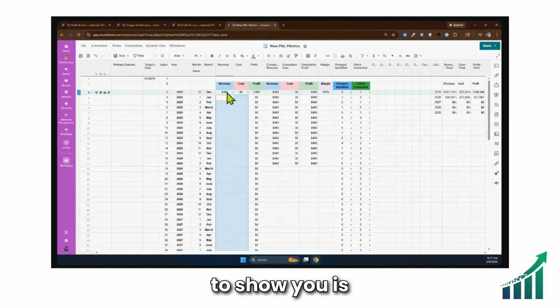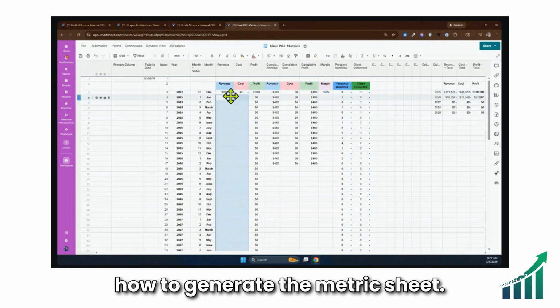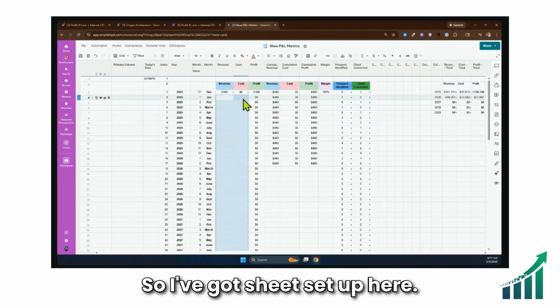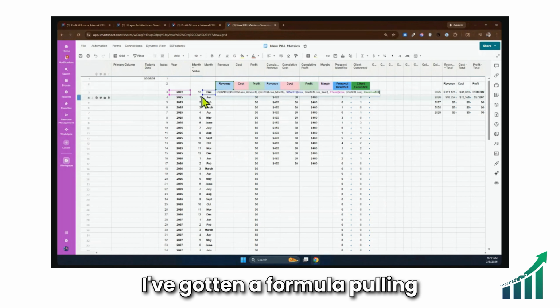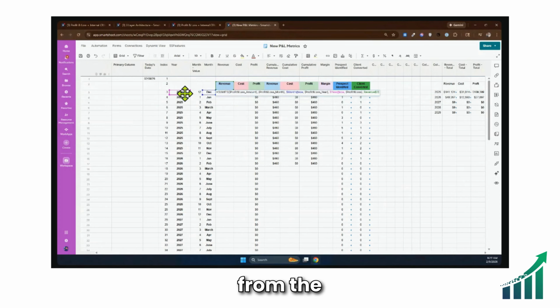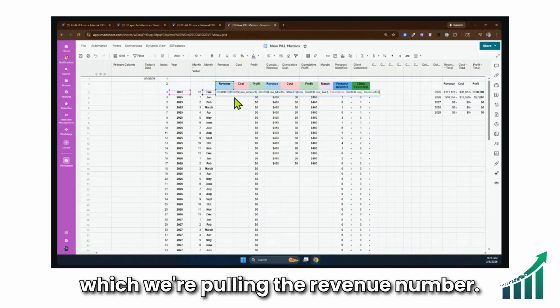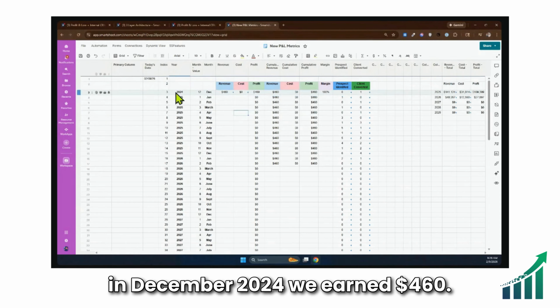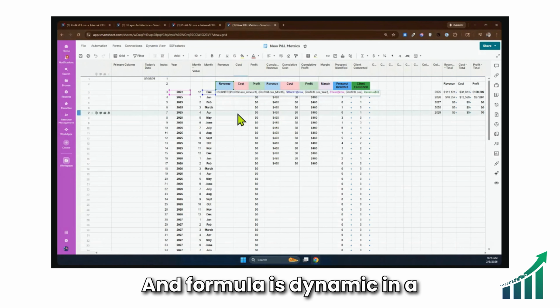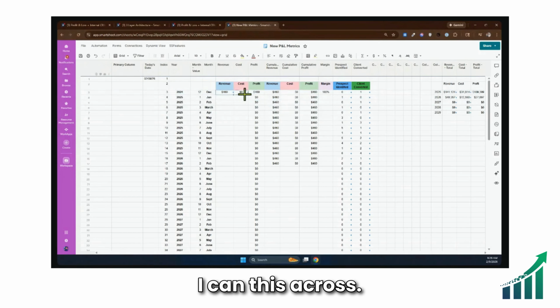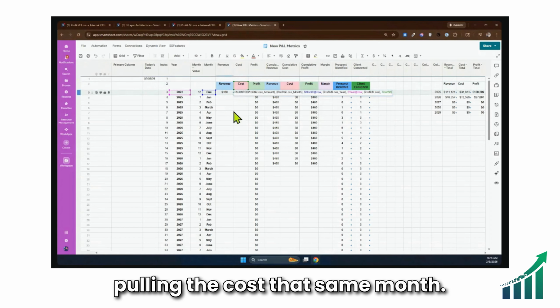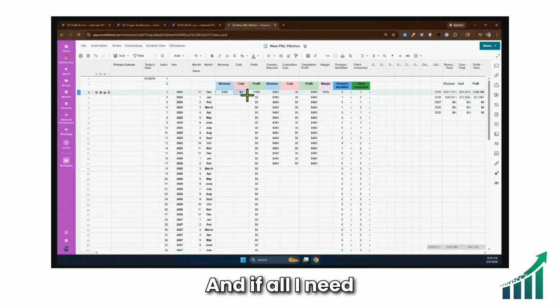What I'll show you is how to generate the metric sheet. So I've got the sheet set up here. I've got a formula pulling the revenue. And now we can see that in December 2024, we earned $460. And the formula is dynamic in a way. I can connect this across. And now you can pull the cost for that same month. And all I need to do is drag this formula